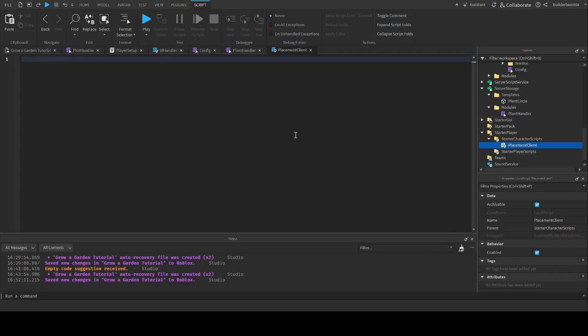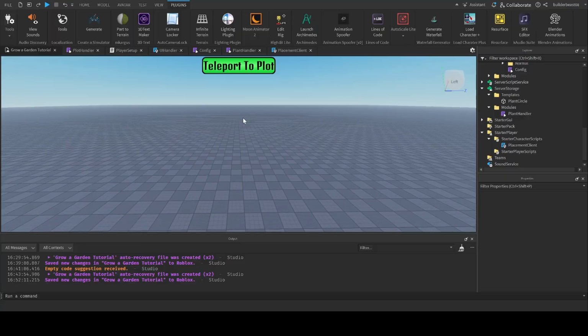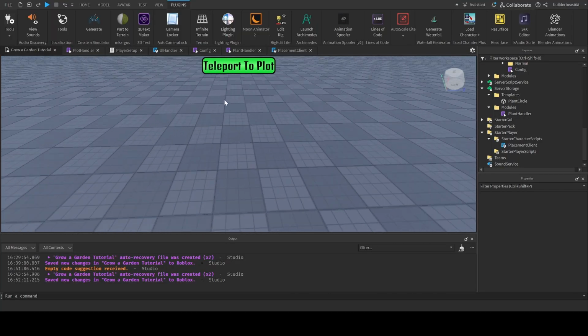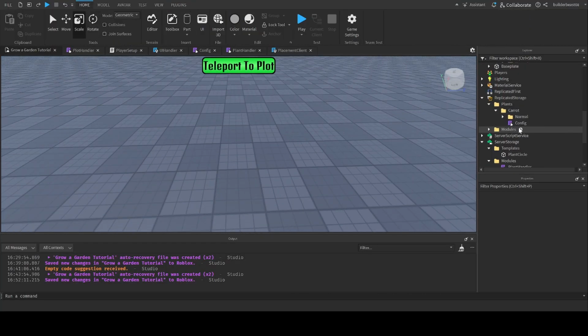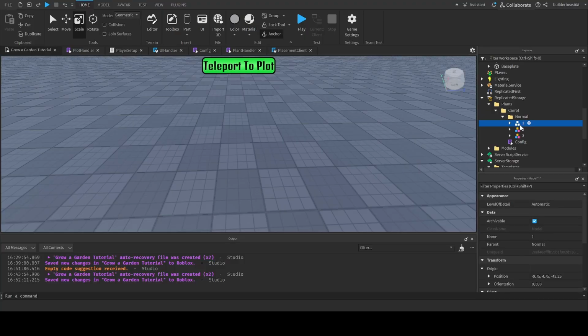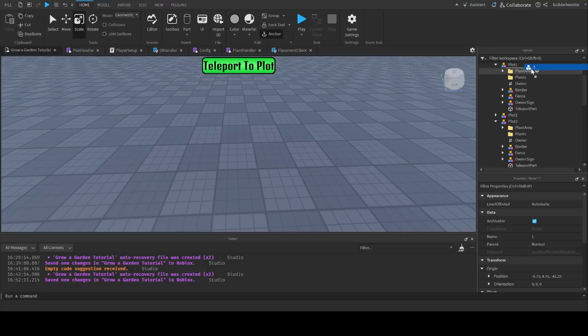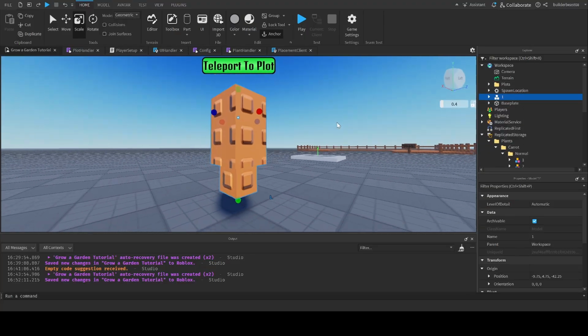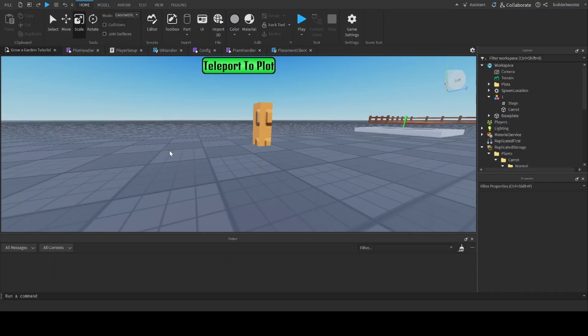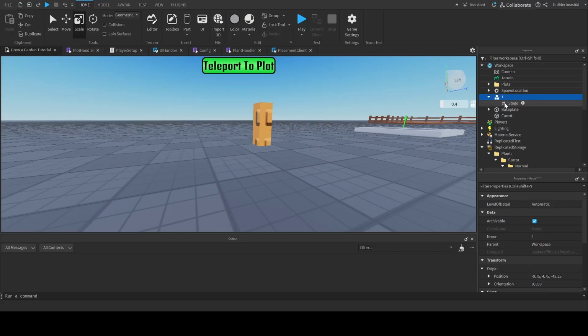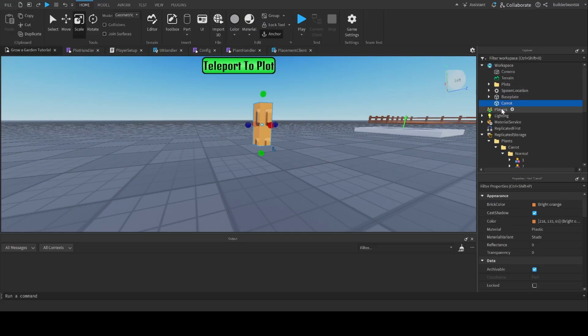First, we are going to make a tool, a seed. So for my carrot seed, I'm just going to take one of these parts, these models from the carrot. Let's take this first one because it has the least amount of parts. Press F to zoom into it, by the way. So now I have my seed made, and I drag it out of the model. And I'm just going to name it